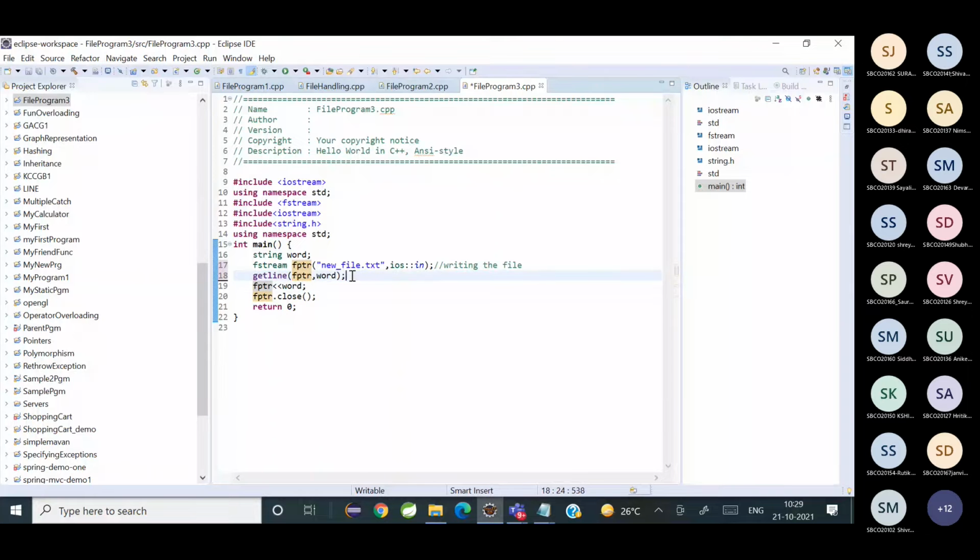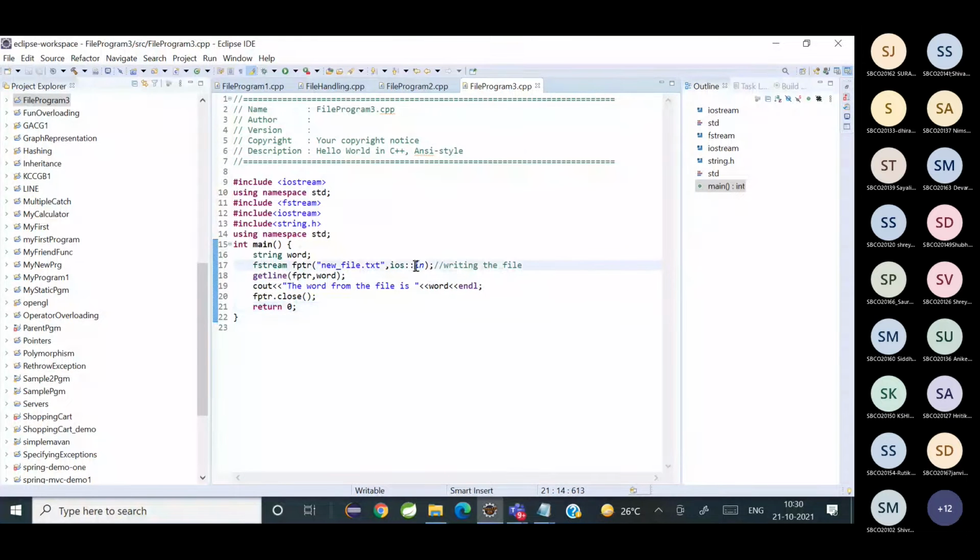I'm reading the word, and then after that I'm going to print cout the word from the file is, endl, word, endl. You're closing the file.